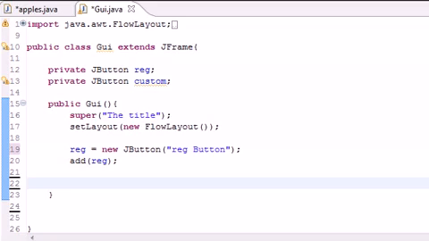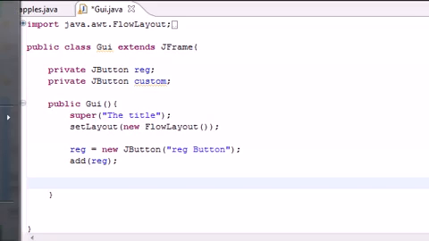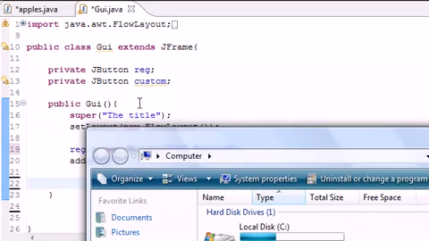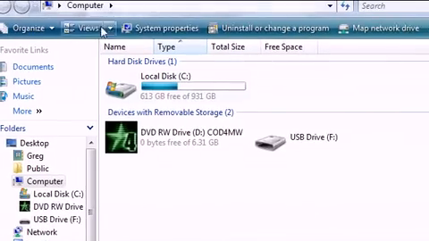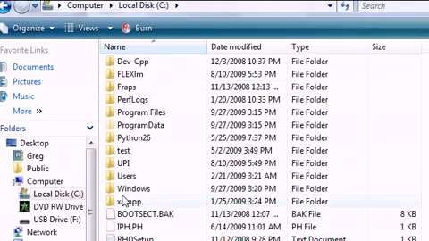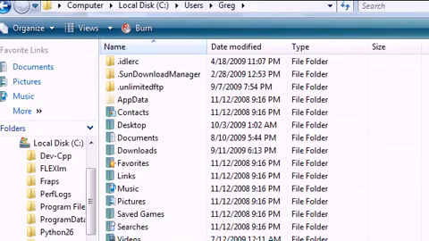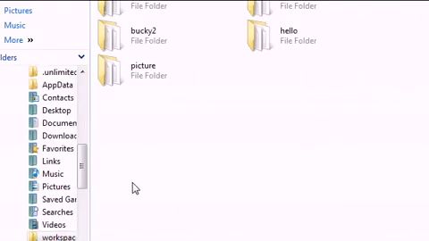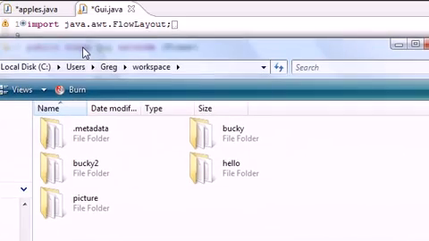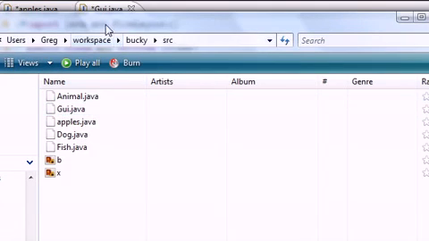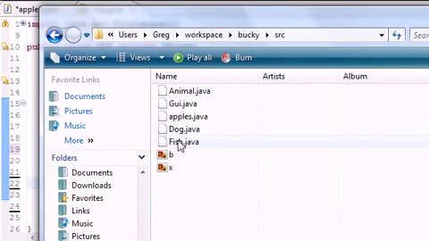But once you create these images, here's where you put them. Go ahead to My Computer, and you need to find the files you're working on, these class files. Mine, the default workspace, are in C, Users, Greg, and then it is in a workspace. And go ahead and go to, let's see, mine is in Bucky, source, and this is where all your class files are, like Apples, that GUI one we just created. Put